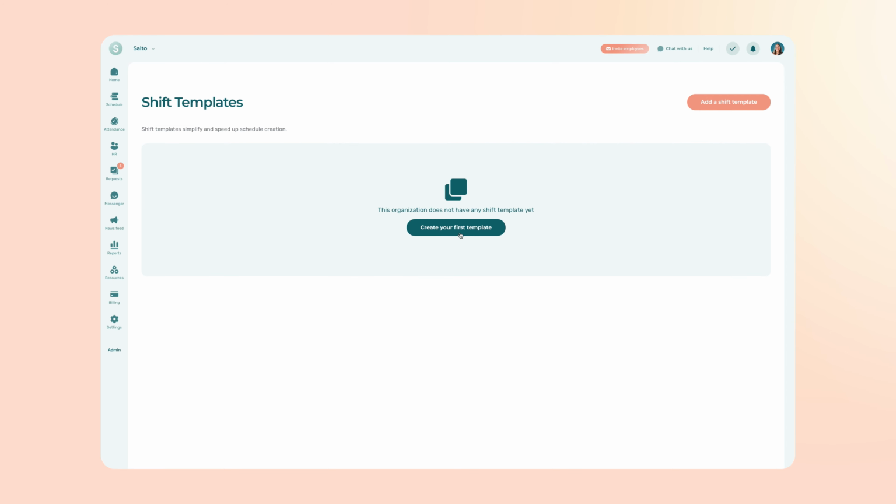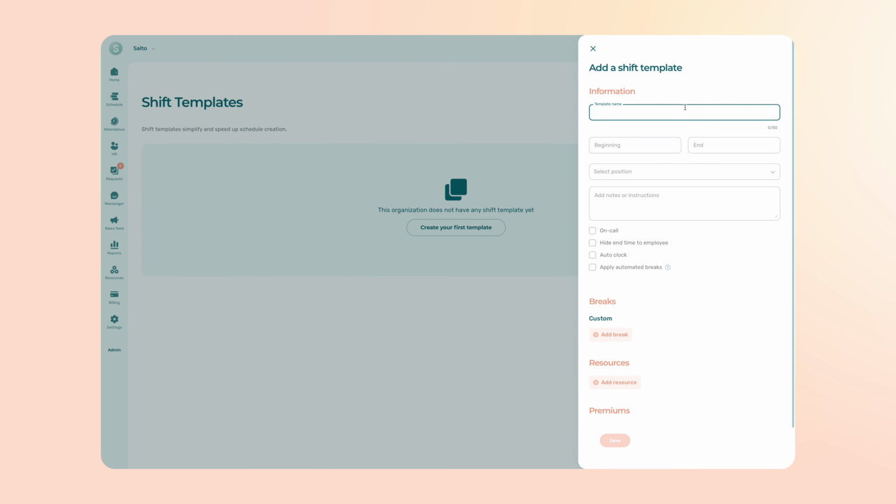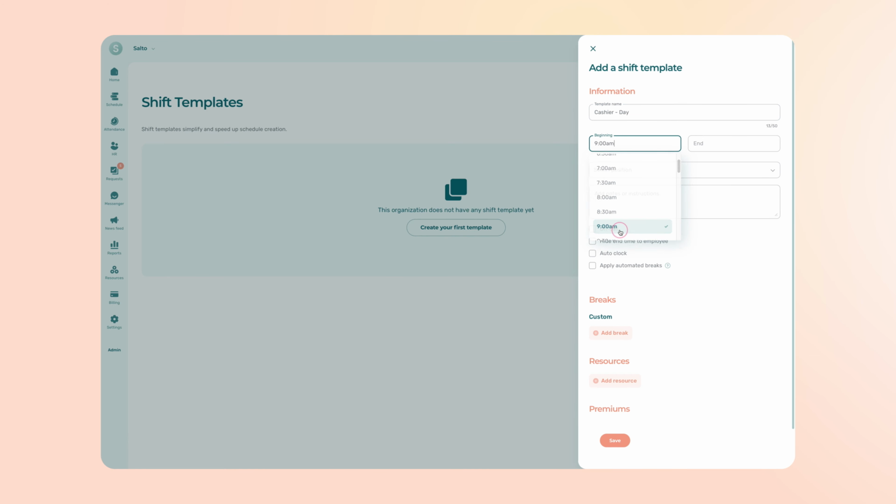Click on Create your first template in the center of the page, or Add a shift template right here. The concept is very simple. First, we need to enter a title for the template. For this example, I will call it Cashier-Day. I will enter 9 a.m. for the start time and 5 p.m. for the end time. I will then select the cashier position from the drop-down menu, and I can also add